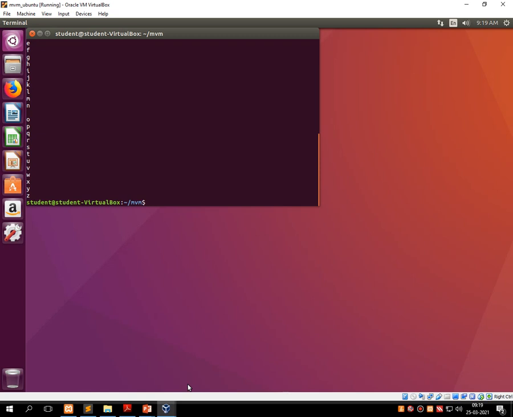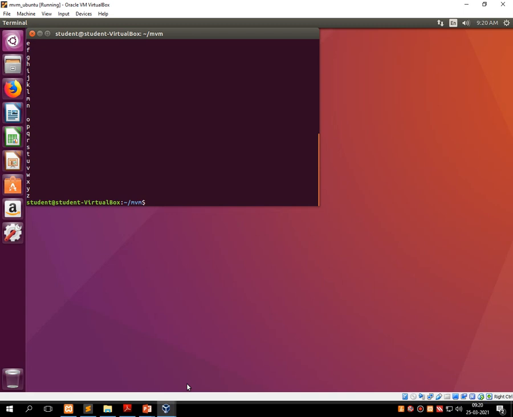Let's see whether this file is created or not. Let me clear the screen. Type the ls command. Yes, file number 3 is created. Let's print that file onto the screen, as you can see that more than 10 lines are there.